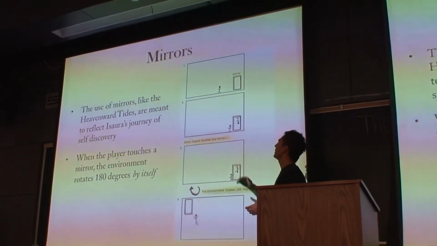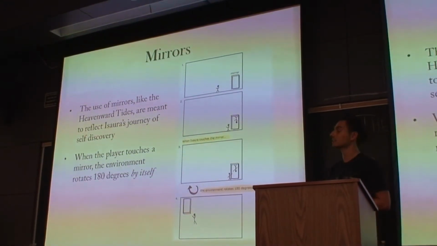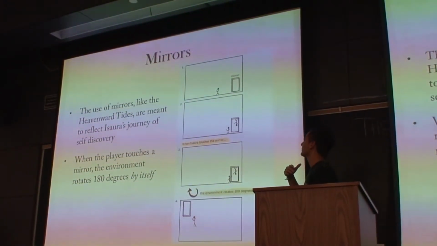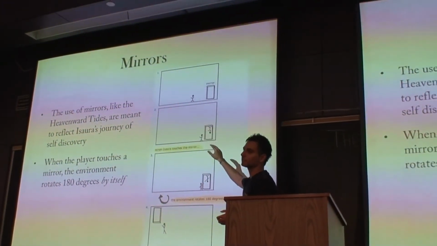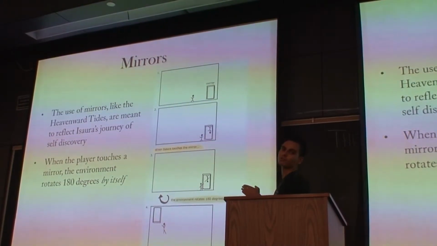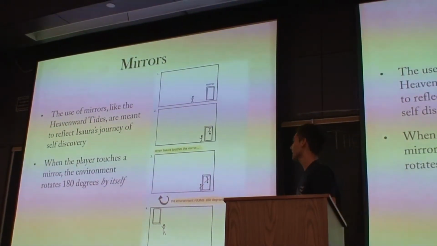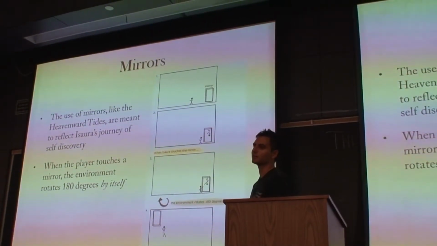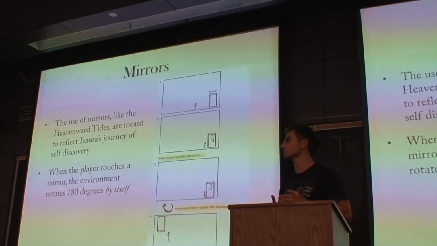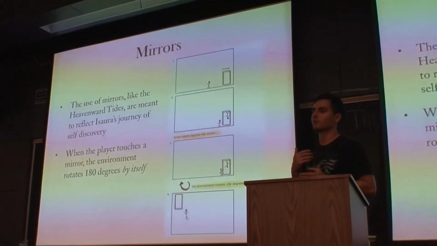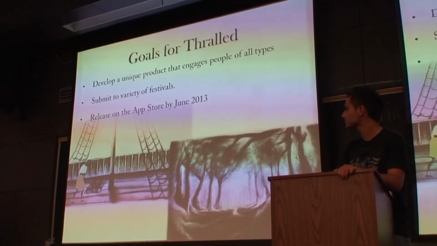When Isara gets closer to a mirror, she sees her own reflection but inverted 180 degrees. So if you interact with the mirror, if you touch the reflection of Isara, the environment itself will rotate 180 degrees. And we have a number of such variations to the rotating mechanic. And the mirror really goes back to the motif of reflection and the struggle that she goes through with herself to overcome her dementia. Now those are basic gameplay mechanics in a nutshell.